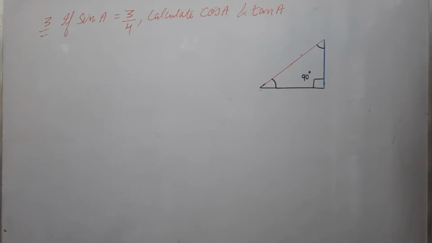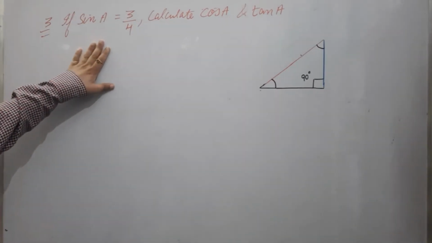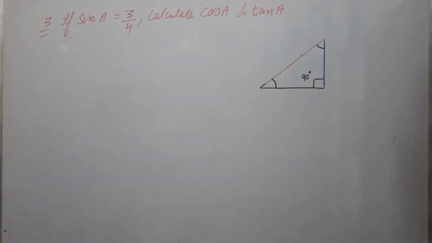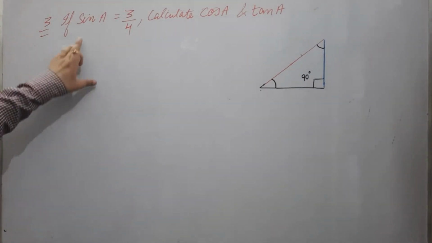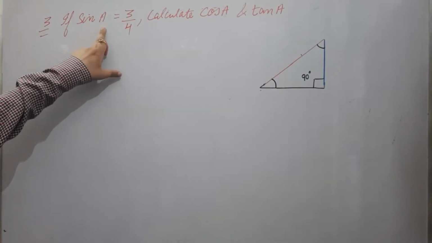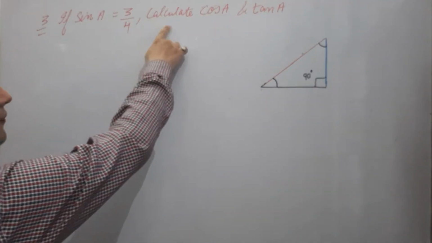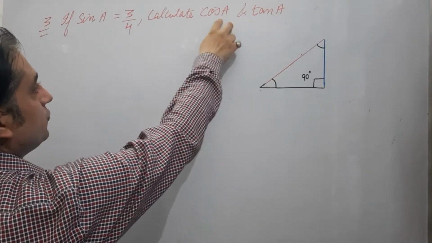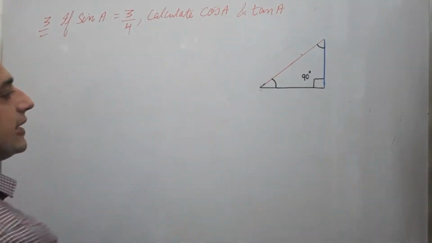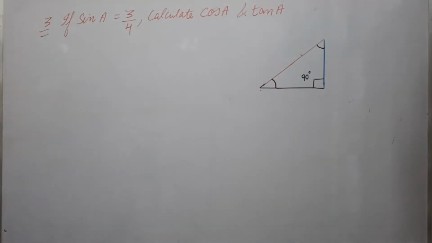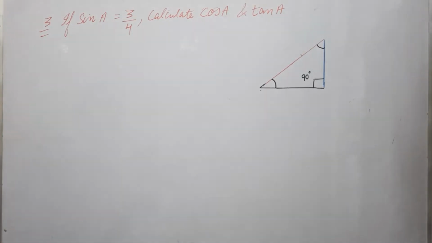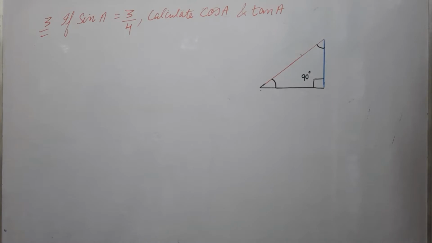In the third question, the T ratio is given. In the previous question, the lengths of the sides were given and we found the T ratio. Now one of the T ratios is given, for angle A, an acute angle. We have to find two more T ratios for the same angle, that is cosine of A and tangent of A, acute angle, right? So if one of the T ratios of an acute angle of a right angle triangle is known, we can find the remaining T ratios